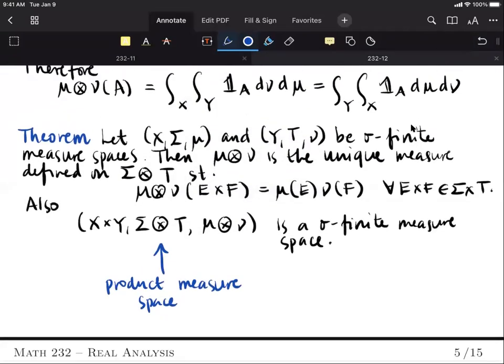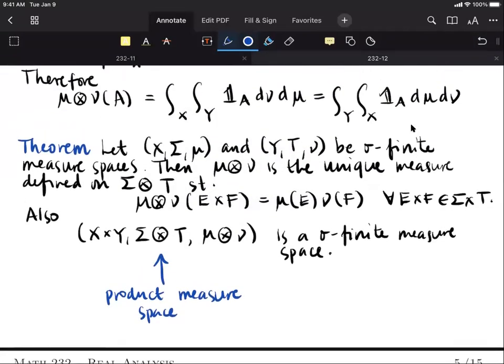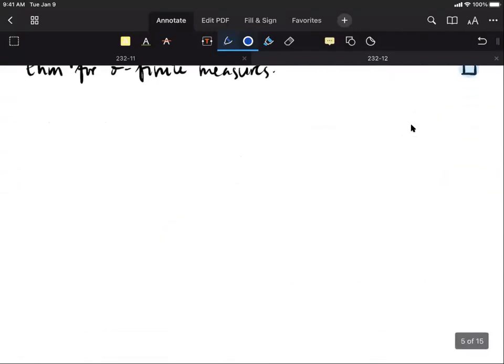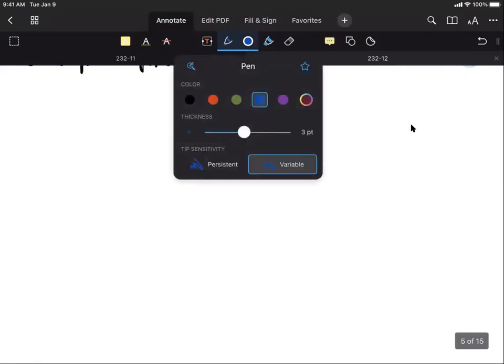And this is the way we construct it. And thanks to this theorem, we can now state the following theorem, namely the Fubini-Tonelli theorem,